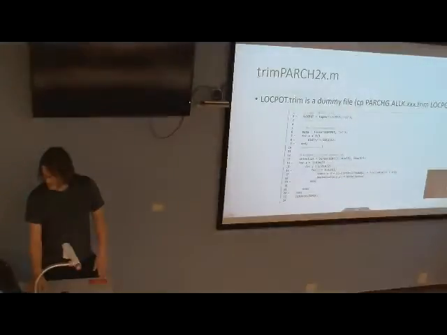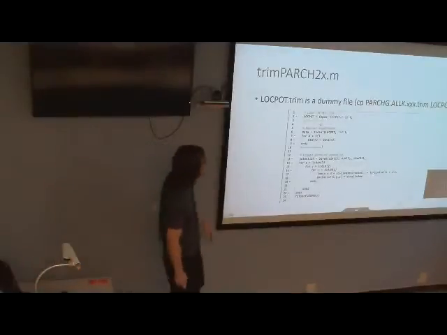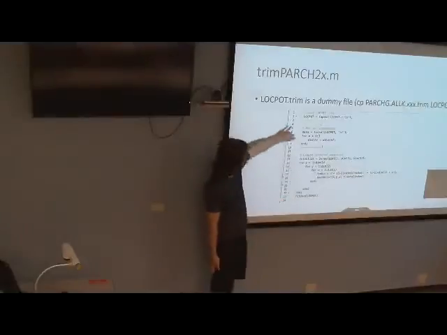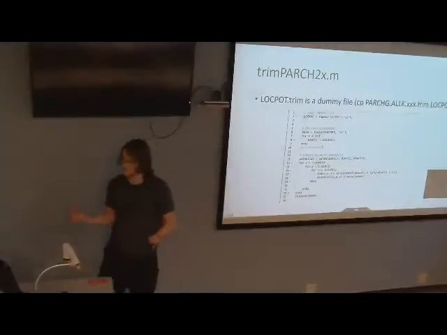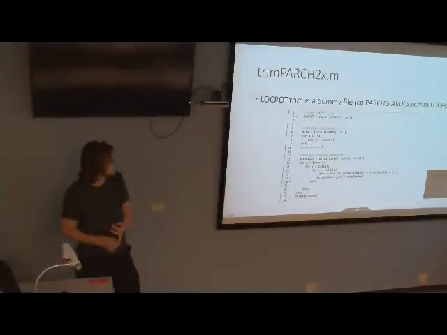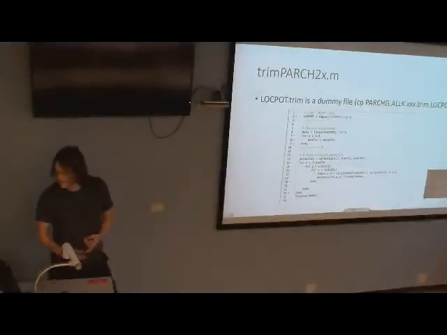So you make all your par charge files, and then you go to MATLAB and you open up the trim parch2x.m. To begin with, this is the part that Landon wrote. It basically just reads in the dimensions of the file. Blockpot is just a dummy name, so you just copy one of your par charges to blockpot.trim so that it reads in the dimensions. So this specific part of code is